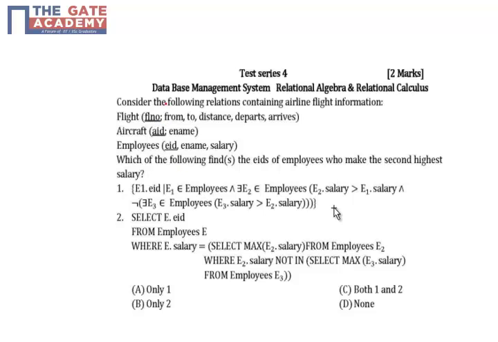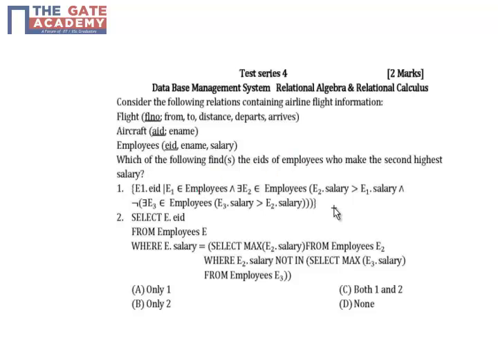Hello friend, this is a 2 mark question on DBMS on topic relational algebra and relational calculus. Here we are given a schema of airline flight information with 3 relations: flight, aircraft and employees. And we are asked which of the following given 2 queries return employee IDs of employees who make